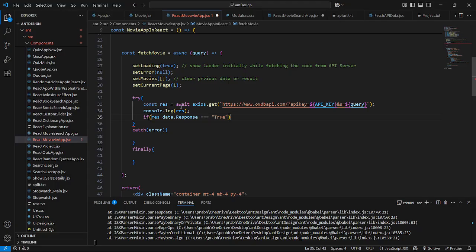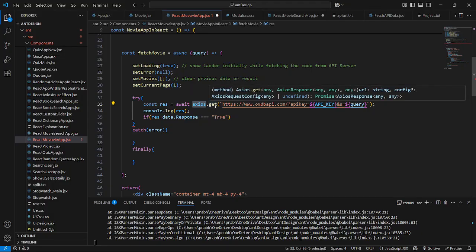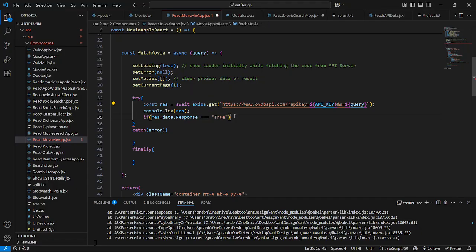So this is coming from Axios. I have used Axios instead of the JavaScript fetch method to fetch the API. Axios.get fetches the third-party API, and it is going to handle each and everything on its own. We don't have to do anything, because we have used Axios. If it is true,